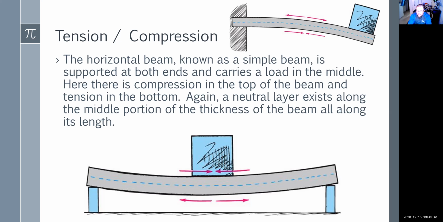When I think of simple beam, I think of balance beam, right? When I think of cantilever, I think of a diving board, right? Diving board is an excellent example of a cantilever. So when you're on a balance beam, you're walking across it. As you move between two supports, the center of that beam will sag slightly, right? That top portion of the beam is getting compressed. The bottom portion of the beam is getting stretched. It's the opposite if you're on the top of a diving board. When you're at the end of the diving board, the top portion of that diving board is getting stretched. The bottom part is getting compressed.